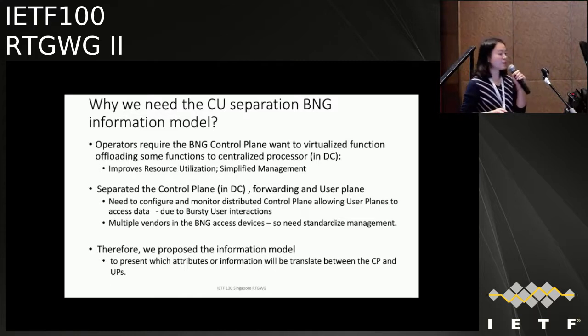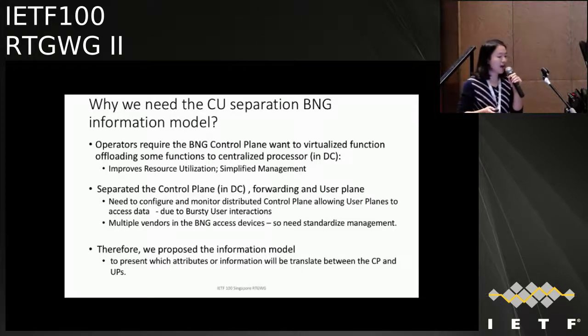Before going to the details of the information model, we have several questions to be answered. The first one is why we need the CU separation BNG device and why we need the information model. The concept of the BNG device with control plane and user plane separation comes from the operators.